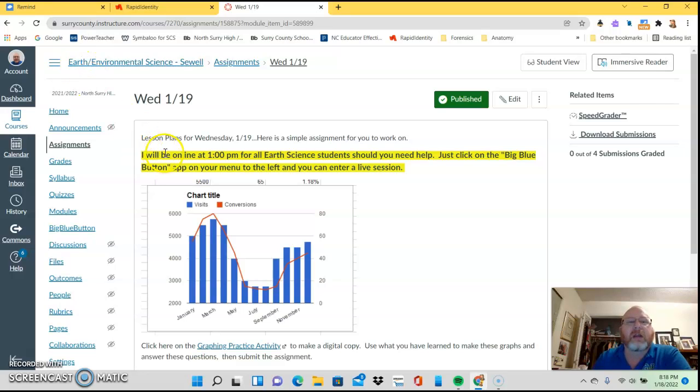Now, as you can see right here, these are my lesson plans for tomorrow. This is Tuesday night when I'm recording this. So for Wednesday, you can work on this. If you need help, I will be online at 1 o'clock. You can go over here to this button called the big blue button, and you can click on the big blue button if you need a live session. I'll be on for a little while